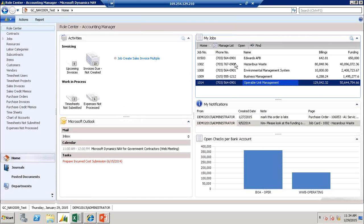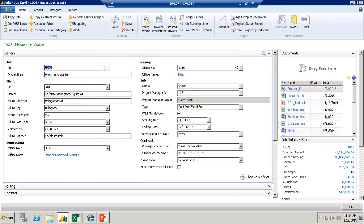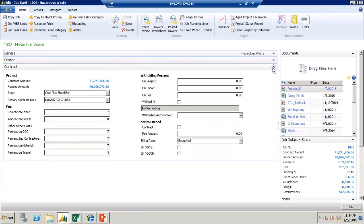So let me go into one other project just to touch on it, and then we're going to go into time entry. Within this project, what I want to touch on is that when I select something of a certain contract type, when I go to the Contracts tab, in this case a Cost Plus 6C contract, you can see that the details of what's available to me is now different. On a cost type contract, instead of billing T&M bill rates, you're billing your labor based on the actual cost. Then you're applying your indirect. So this is my billing rate related to indirect. So it's either